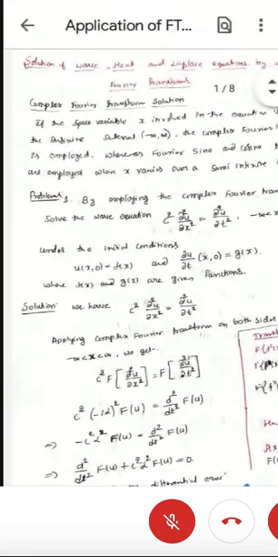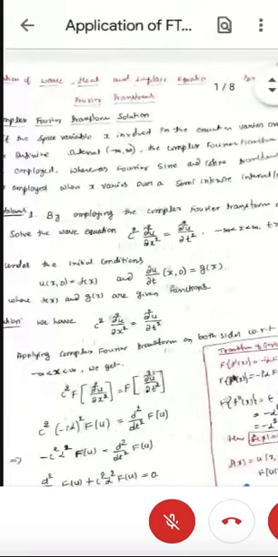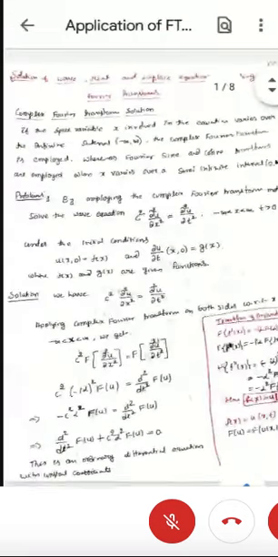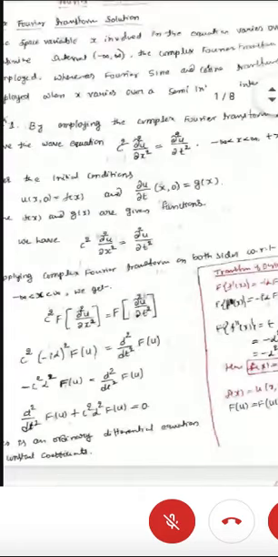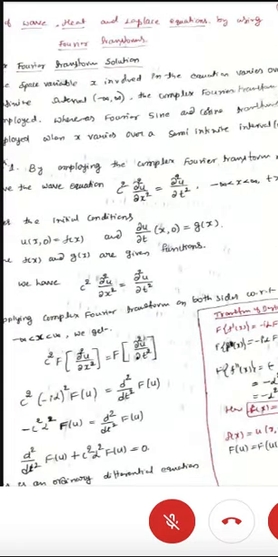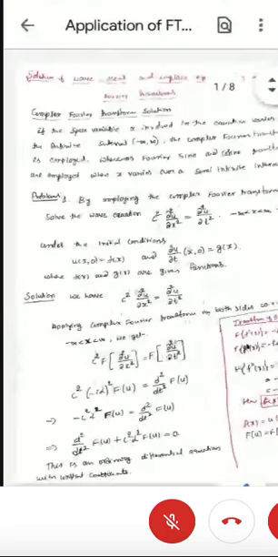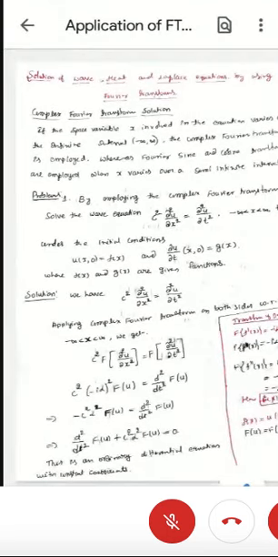applications in solution of wave, heat, and Laplace equations by using Fourier transforms. Okay. So by using the Fourier transform, we can solve the heat equation, wave equation, and Laplace equation. You already know the heat, wave, and Laplace equations from second semester differential equations. If you don't know, you just check once how to solve partial differential equations. In partial differential equations, you will come to know that. So here, by using the Fourier transform, how to solve?